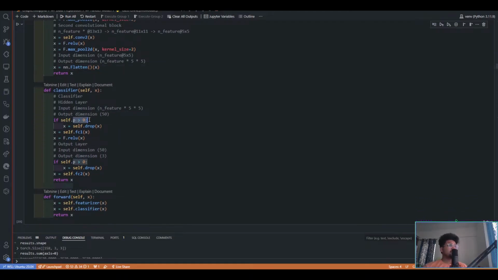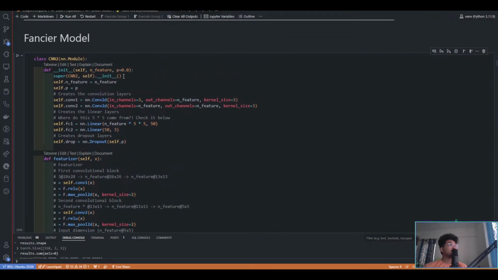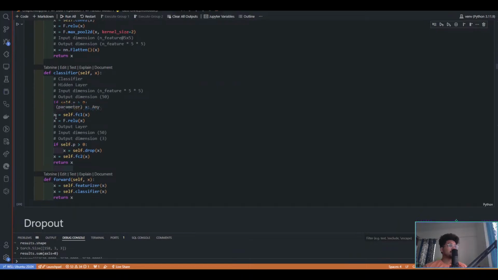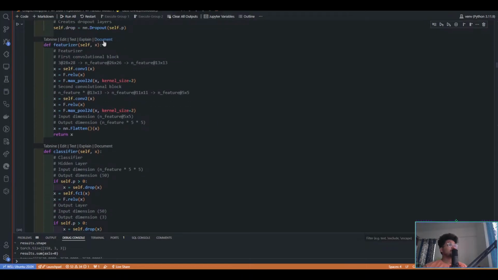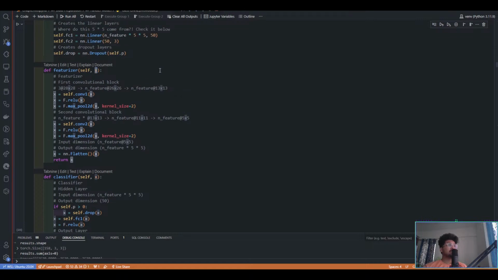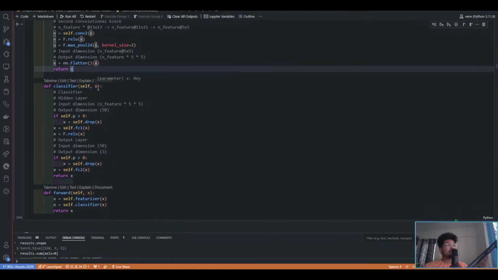If p is greater than 0, we apply the dropout. In this case, the default is 0, so it won't go there, but start from here. You must have seen x is used as the input. X is basically your input, and one by one it's going. As you know, the operation goes from right to left. So first this thing happens, then it goes to the next part. It assigns to x, then again this part, assigned to x over and over again, and then x is returned. Now again that x is taken up, and you can see in the forward part